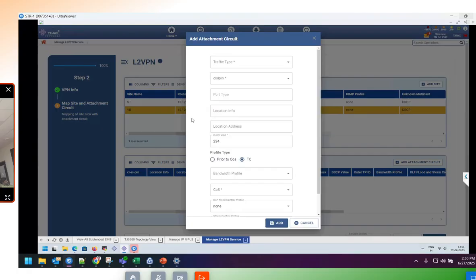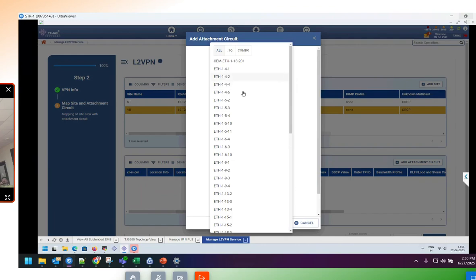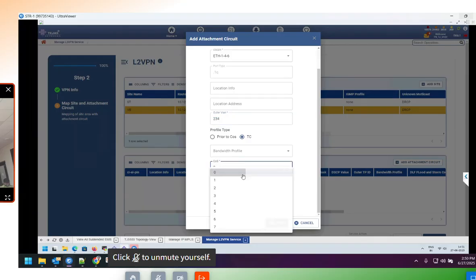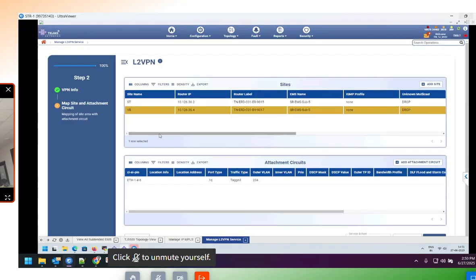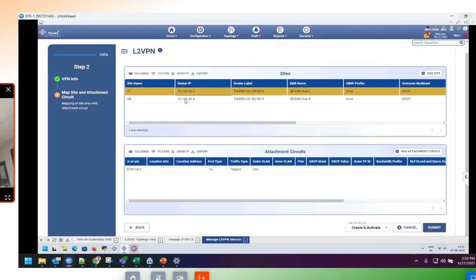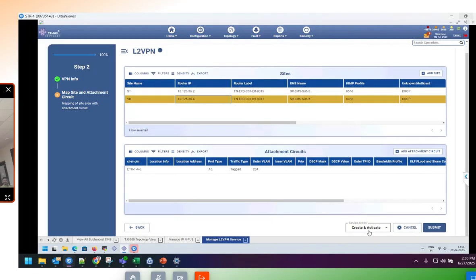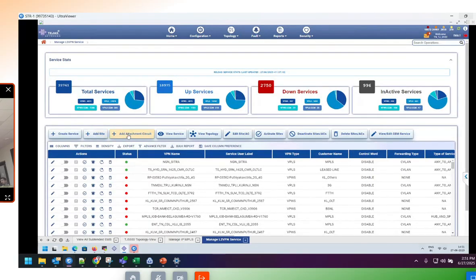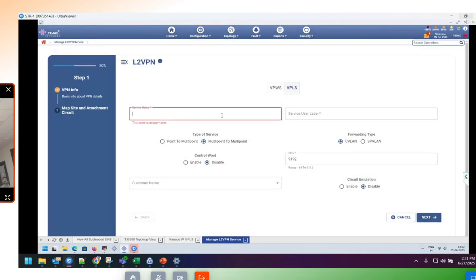Here you can add the second node attachment. Here also you can select the tag and port details, and the VLAN, cost value, and add. Finally, you have selected the port attachment circuit on both sides, and then submit it. It will create. It will show a success message, and it is created. So this is the L2 service,